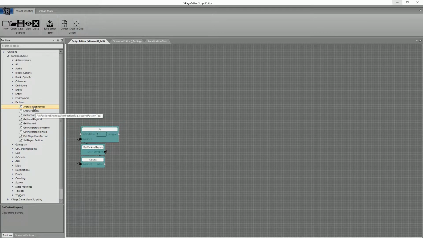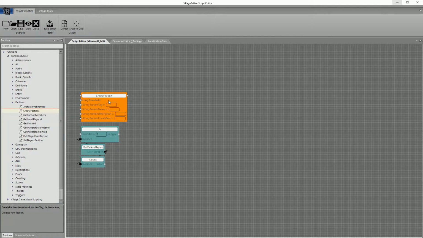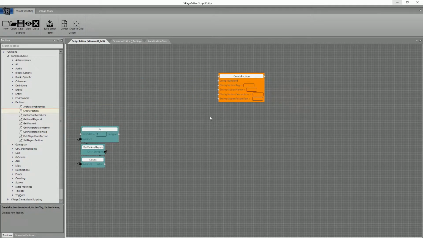Also, the other thing I do want to point out here really quickly is, you're either going to have factions set up in your world, or you're going to have to make use of the create a faction block. So obviously here you have a string faction tag, faction name, description, private text, all that stuff. And then